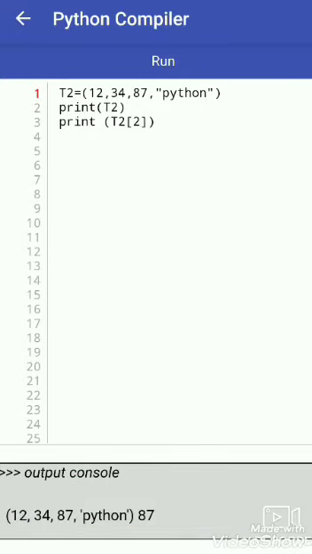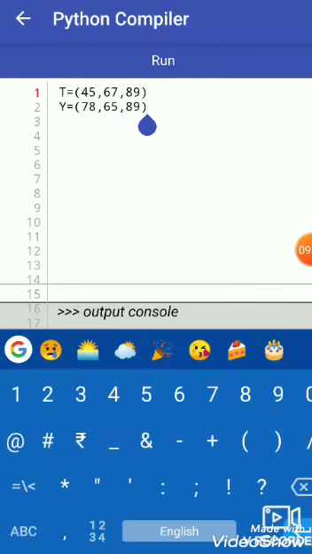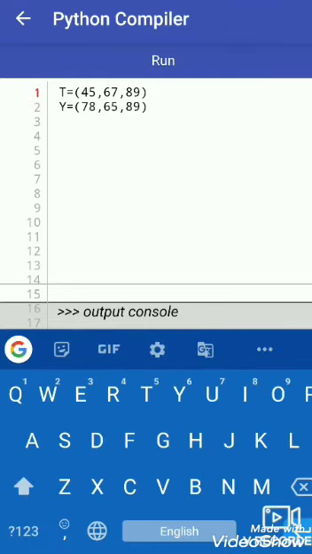After this, after accessing the members of that tuple, let us do some slicing operations. So let us try for some slicing.